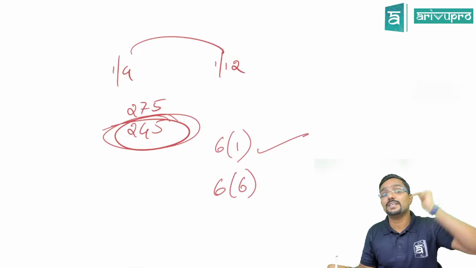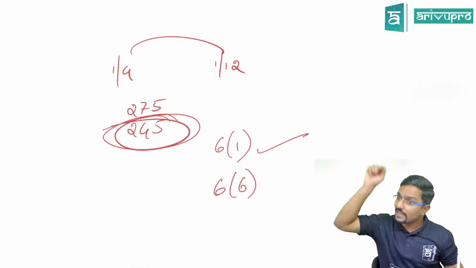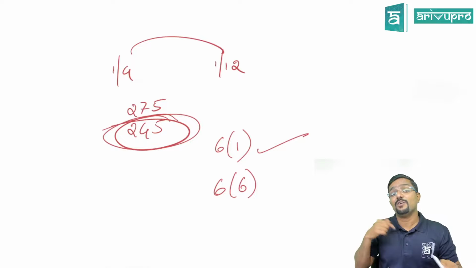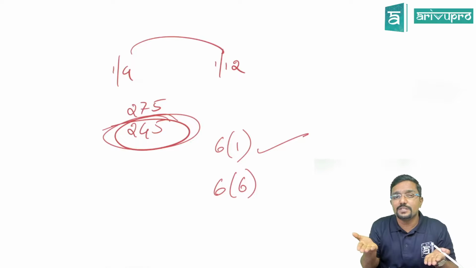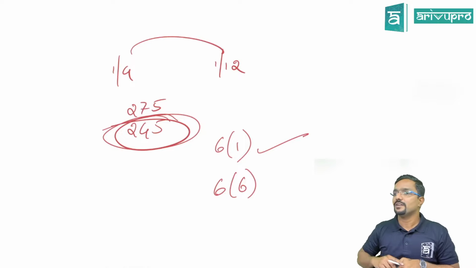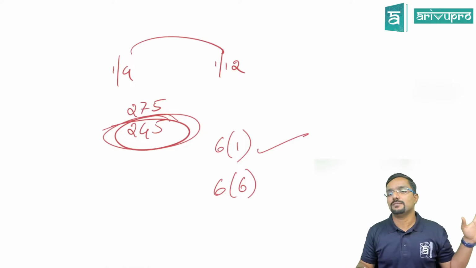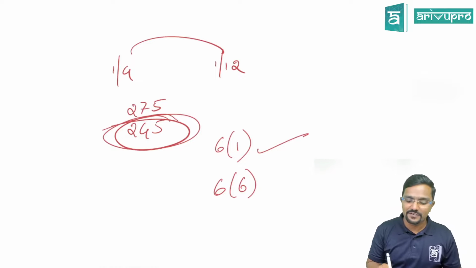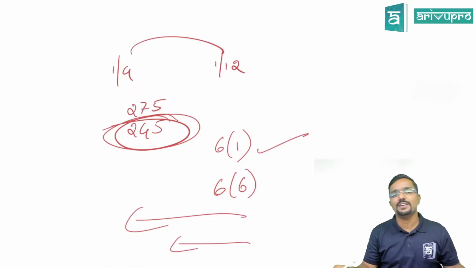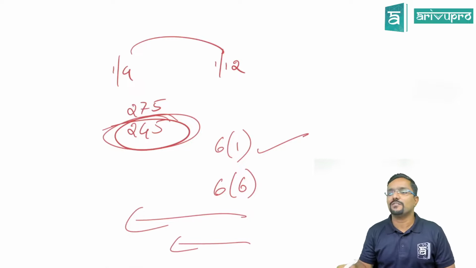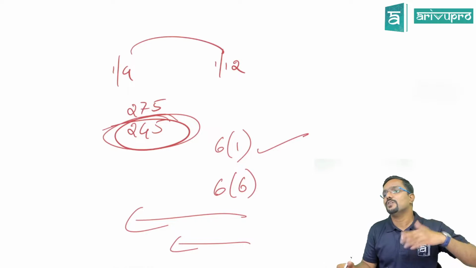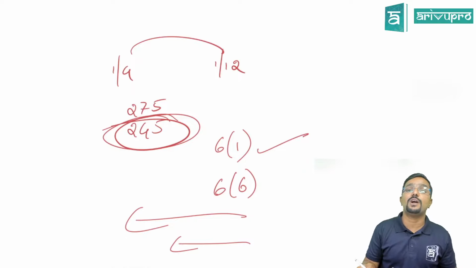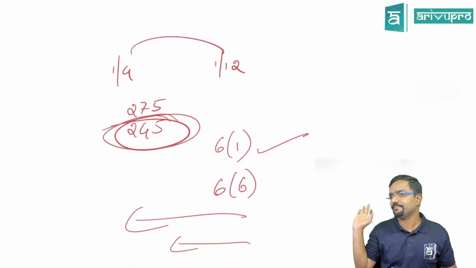Now 6.6 we are checking not for the purpose of HUF, but for the purpose of Karta only. Why? Because HUF is already non-resident. We don't care about it now. But still, we need to check whether Karta, who is an individual, is ordinary or not ordinary. They have clearly given in the question that he is coming to India after 15 years. So if I check the last 10 years or last 7 years, he was not at all in India. So no question of being resident in India in the last 10 years, and the 730 days condition also is not satisfied. So straight away he will become not ordinary resident.